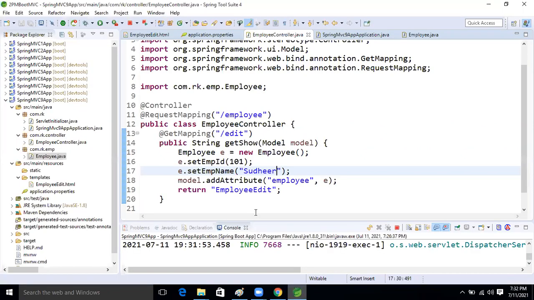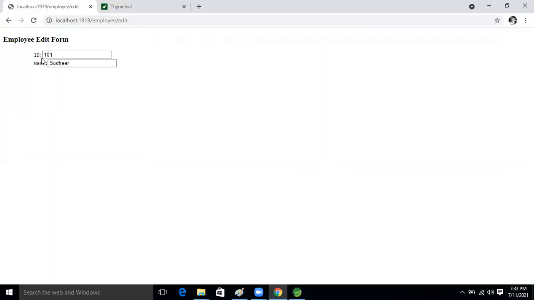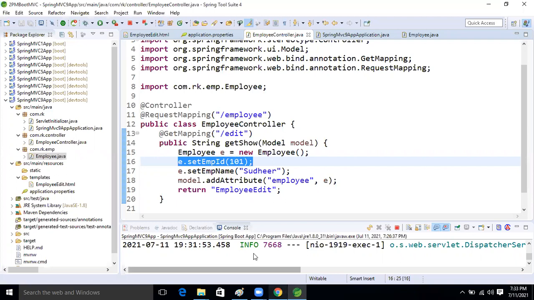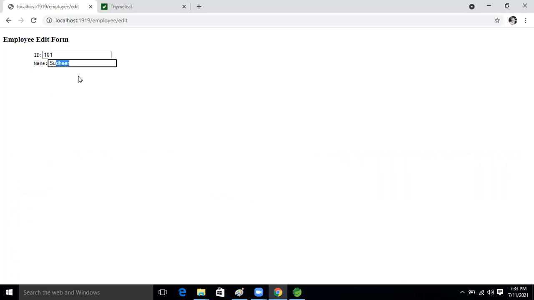Very nice concept. Here we are giving instructions to whatever we are passing. Whatever data we are setting in the object is reflected on our UI page. Earlier, we passed data in the UI, and whenever we clicked, it created the object and we read it in the controller. But now we are setting the data in the controller and this is reflecting on our UI. That is nothing but the bi-directional concept, guys. This concept is nothing but bi-directional form.